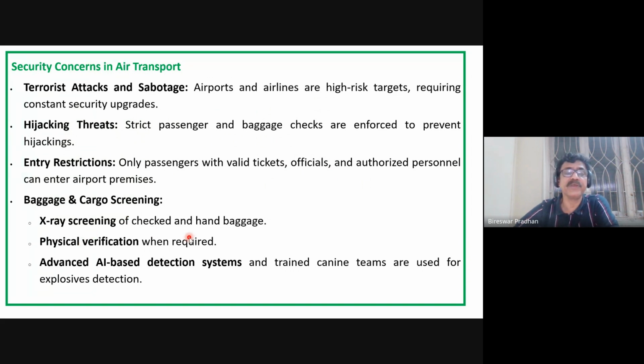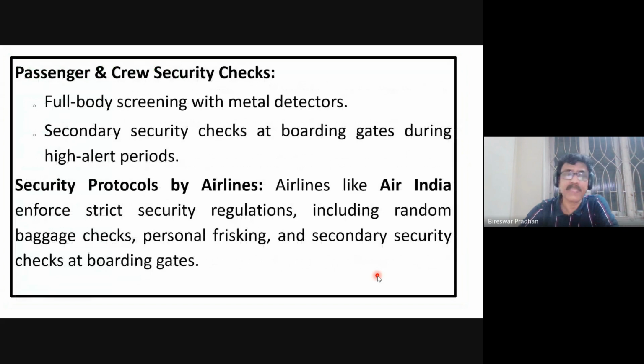X-ray screening of checked and hand baggage. Physical verification when required. Advanced AI-based detection systems: this is newly advanced. Artificial intelligence is coming into the picture to detect and train the systems, and canine teams are trained for explosive detection. Now it is the latest inclusion. Now, passenger and crew security check: full body screening with metal detectors, and secondary security checks at the boarding gates during